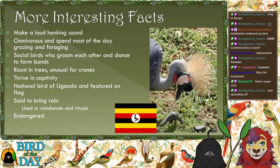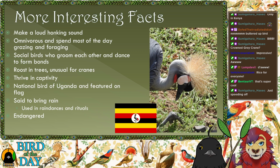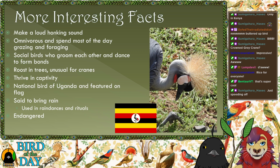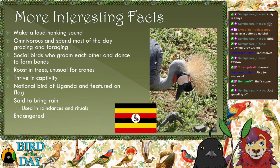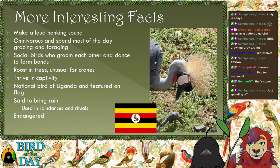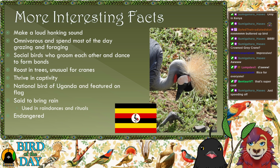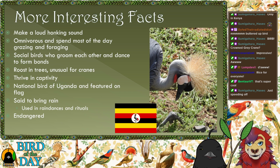Another interesting thing about them is that most species of crane will roost on the ground, in tall brush and stuff. But these guys actually fly up to trees and will roost in trees. Not unusual for birds, but unusual for cranes. Cranes don't usually do that, but these guys do, because they're one of the